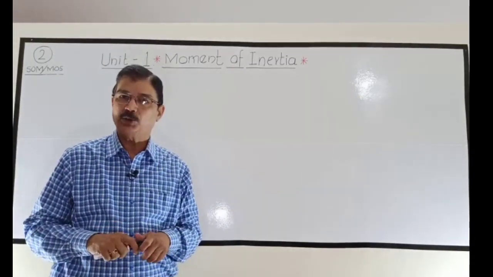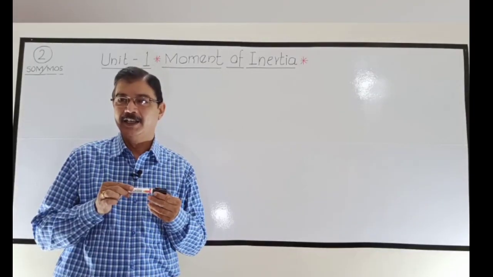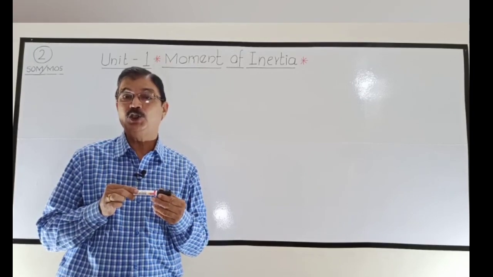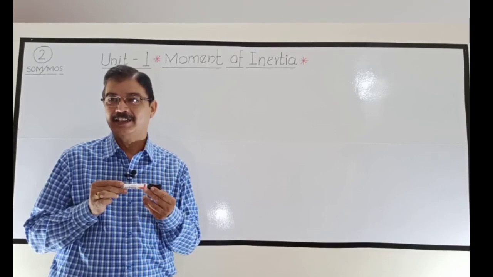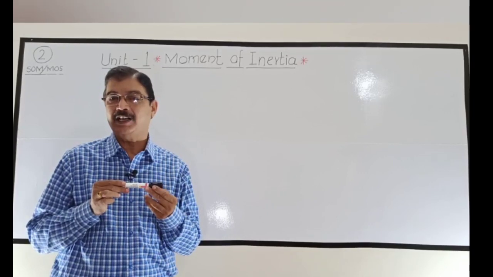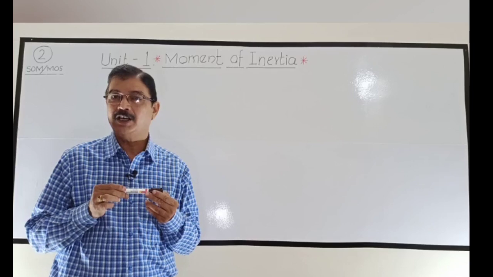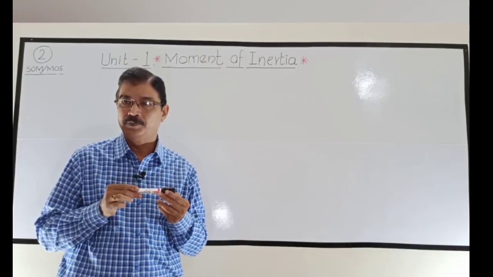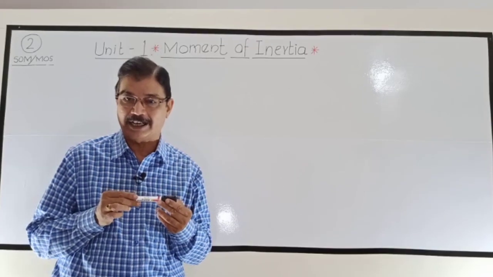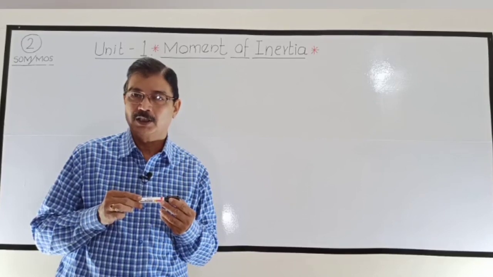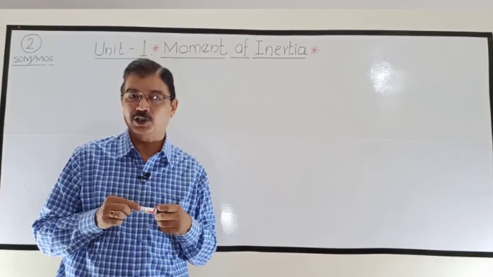You know from applied mechanics, from Newton's first law of motion, any body is reluctant to change its state. What is that? That is, if a body is at rest, it cannot be in motion unless and until you apply some external force on it. Or if the body is in motion, you cannot stop that body unless and until you apply some external force in the opposite direction. This is what is inertia, which is introduced by Newton by the first law of motion.